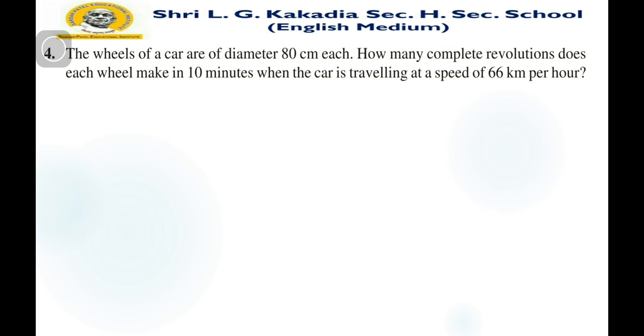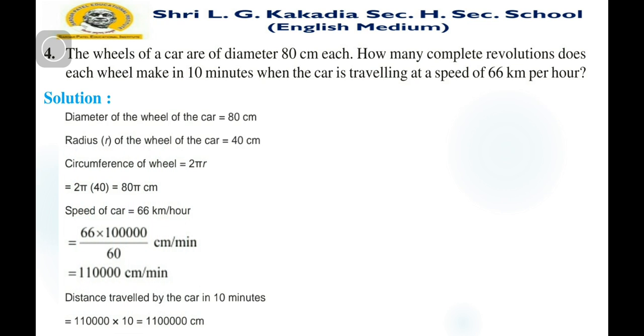First we have to find the circumference of the given wheel of the car, because we know that one revolution is equal to its circumference. So first we have to find the circumference of the given wheel, and then convert 66 km per hour into a smaller unit, because the diameter is given in centimeters, so we can convert kilometers into centimeters. So by that way,